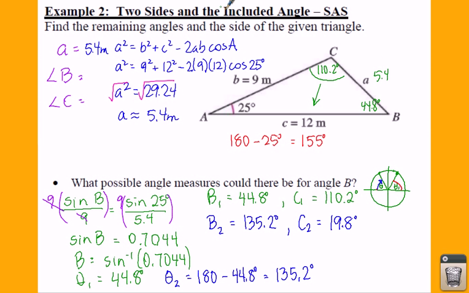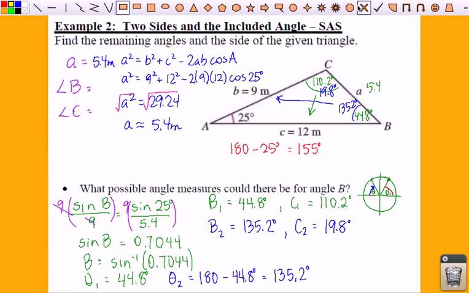If you made angle C 19.8, then that would mean that your angle B would be 135.2 degrees. Well, here your bigger angle is across from not necessarily your larger side. So if that is the case, and that's not possible, then your second case that you solved for is not true. So your actual answer for your B and your C would be